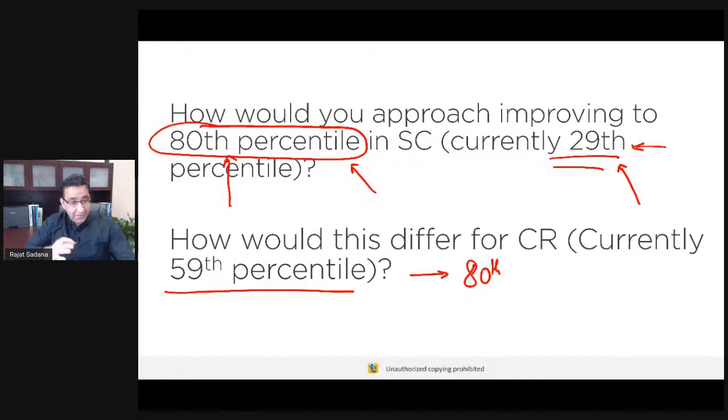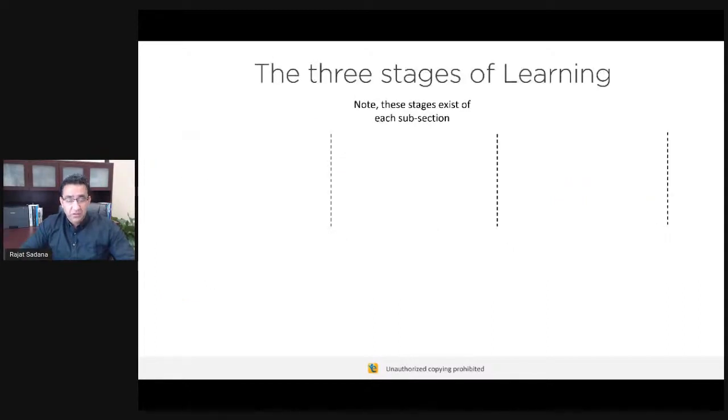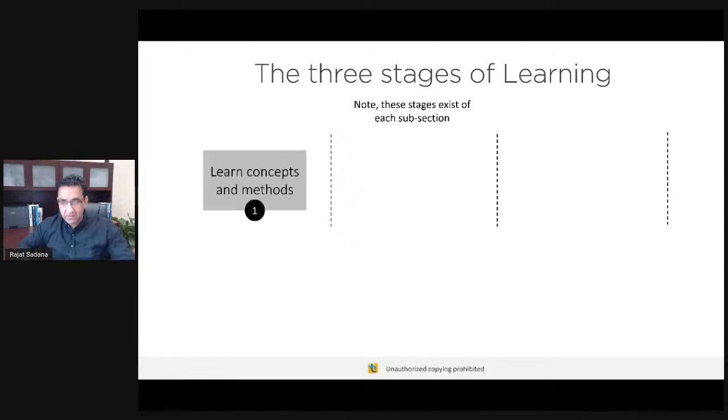All right, so let's see what the difference is, because people who actually make it to that 730, 740 score understand that difference and spend their time accordingly. So what I want to introduce you to is what I call the 3 stages of learning. These are the stages which we go through while we're learning anything, whether it's sentence correction, number properties, geometry, anything you want to learn. The first stage is what we call learning concepts and